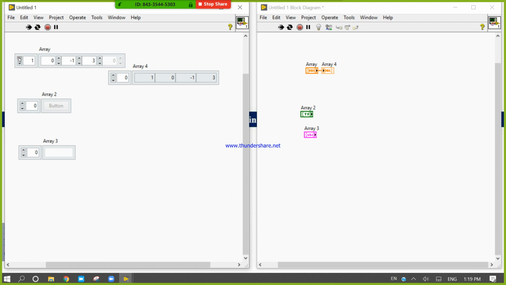If I increase the size, look here, the previous value, the 0th location value, has been eliminated and is not displaying here. One new cell has been added, but the array size is 4 and the highest index is 3, because this is not initialized. Uninitialized means no value.